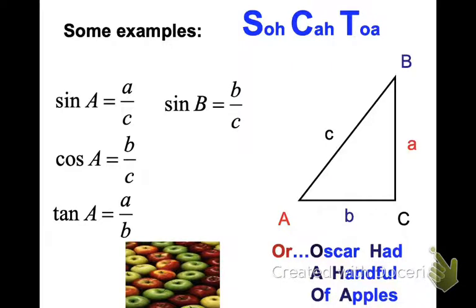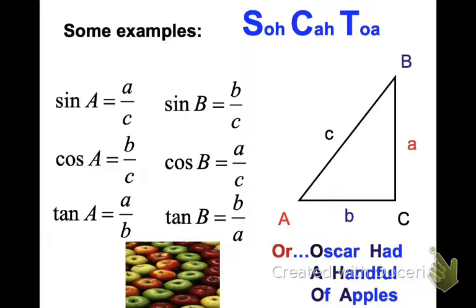So that means we're coming off of angle A, sine A, and because sine is opposite over hypotenuse, we go to the opposite side. That's where this A came from, and our hypotenuse is across from the right angle on a right triangle, and it's the longest side. So that's our C. So sometimes you're just asked to write the ratio. If we were coming off of angle B,